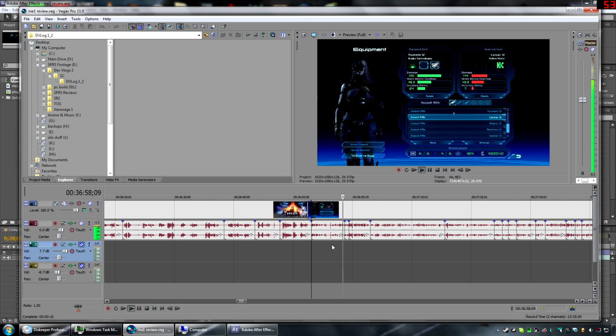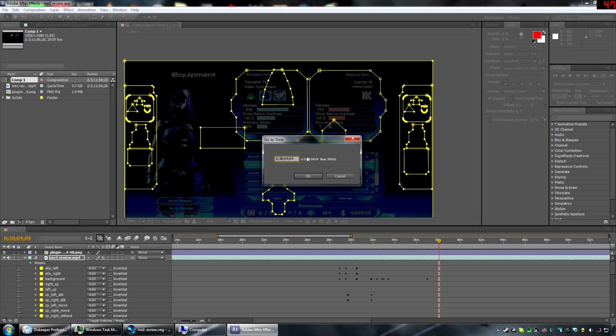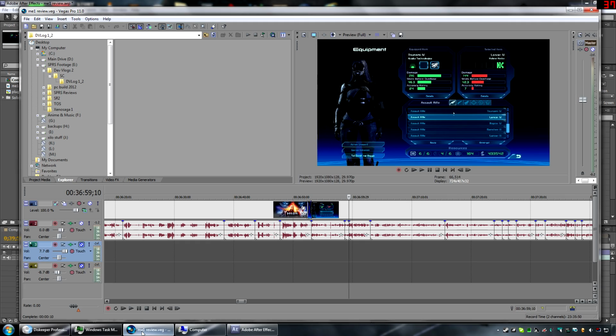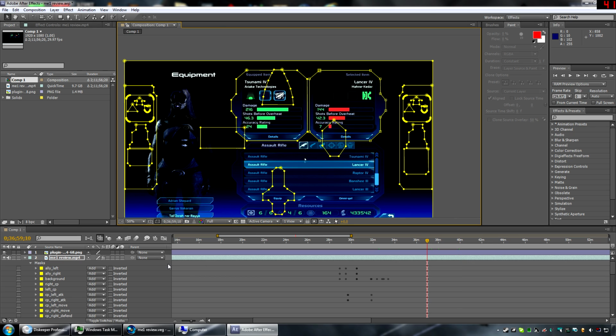This is for Tally's inventory. At the top of the, here you can see a cut where it probably made a little too deep of a cut in the pause I had going there. So right about here, 36, 59, 10. So we're going to want to put the fades in it. So 30, or no wait, 39, 56, 10 I think I said. 36.59. Alright, so